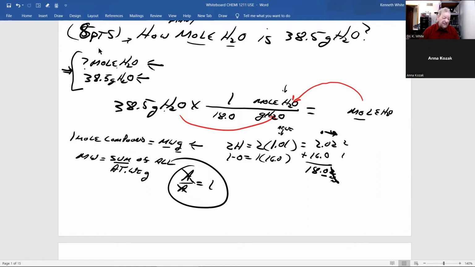I just did and found out I made a mistake. But anyways, now grams divided by grams of water cancel out, and I'm left with the right units. If I paid attention to what I wrote, I wouldn't have made that mistake. Bad, Dr. White. And now I can pick up my calculator,